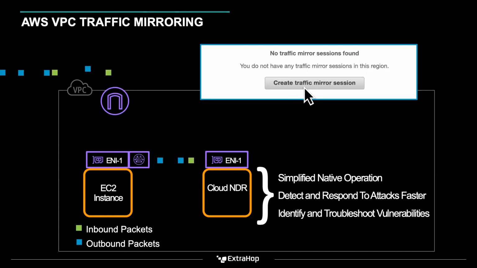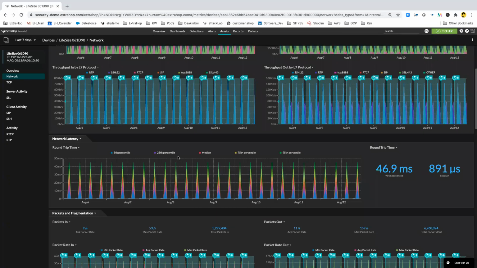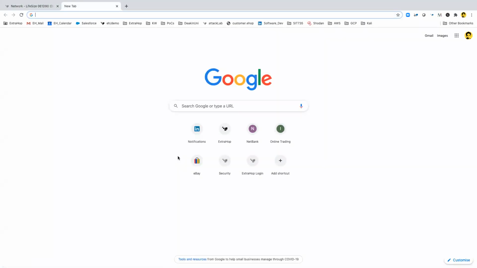Okay. And the last question that was sent to me: is it possible to deploy ExtraHop Reveal from the AWS or Azure Marketplace? Absolutely. And is the license dependent on volume or subscription? Very good question. So yes, it is doable. So what you can do is you can go to ExtraHop